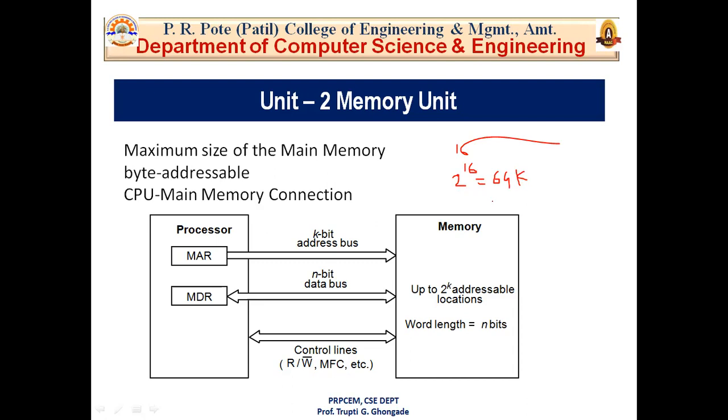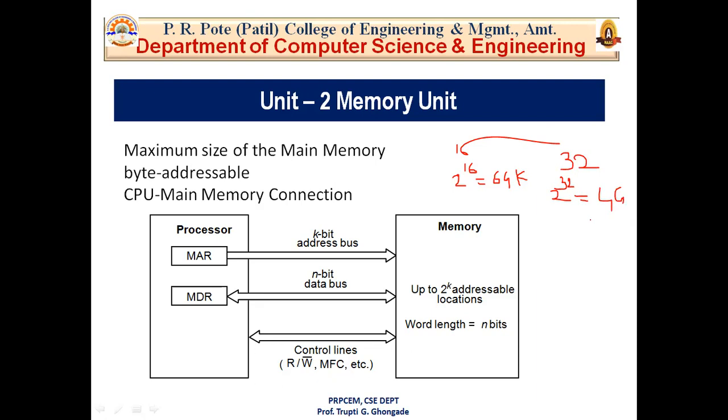Now similarly, consider a machine whose instruction generates a 32-bit address. Now let's consider your system is 32-bit, so 32-bit addresses. Now how many memory locations? It will be 2 to the power 32. It means that the 32-bit system can utilize a memory of up to 2 to the power 32 memory locations. So that means 4G, 4 giga memory locations.